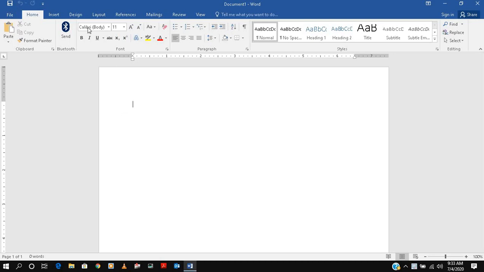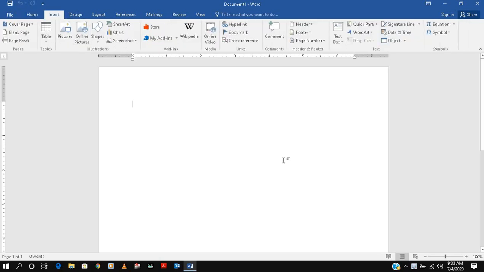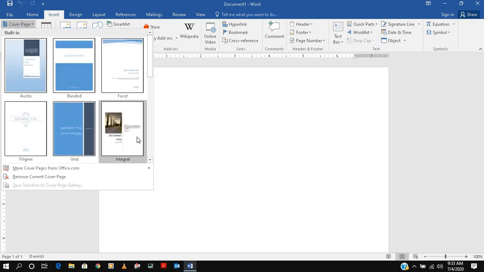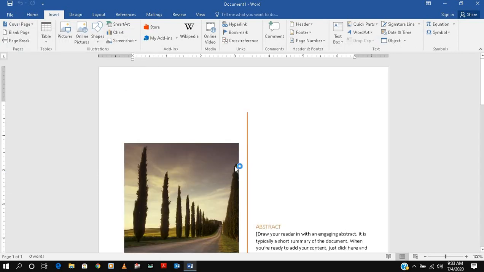Now today our session will be on Insert, but Insert is a very big subject, so maybe it will not be covered in today's session, but we will cover as much as we can. First we'll go into Cover Page. Cover page means if you want to make a cover for your business or anything, ready-made templates are available based on your demands.